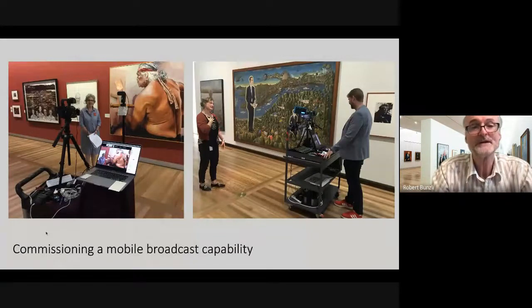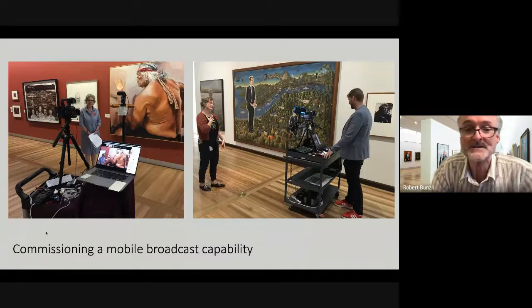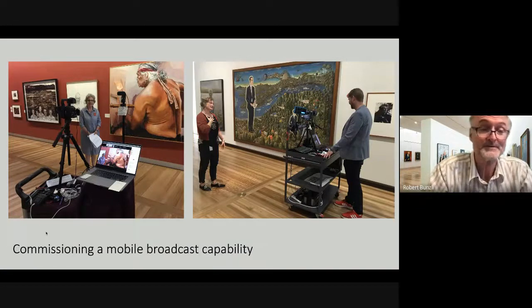We got a perfectly great live immersive experience in the galleries, very engaging, very immediate, coming from this setup. But it proved to be so popular that we decided to build our own dedicated trolley on the right-hand side there with a few more bells and whistles. But essentially that high end on the right-hand side does the same job as the low end on the left-hand side.